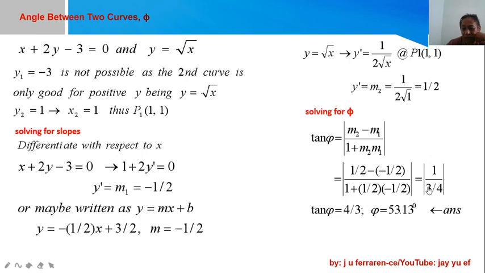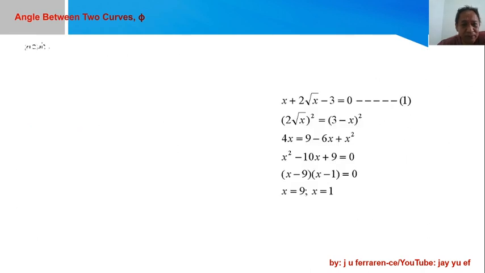Okay? So it is the reciprocal of 3/4, or 4 over 3, for the tangent of the angle between them. Taking the arctan of 4 over 3 will give you a result of 53.13 degrees, being the angle between the two curves. Now, this is just enough if the only question is to give the angle between them. But just to visualize, I may also have the